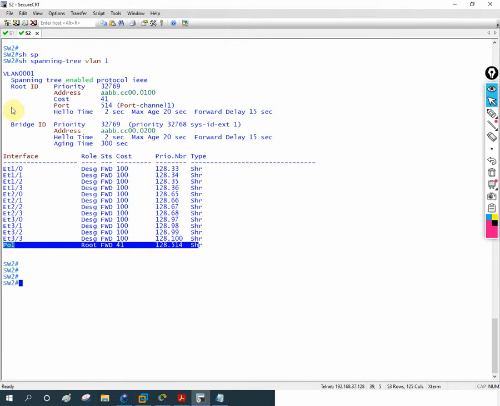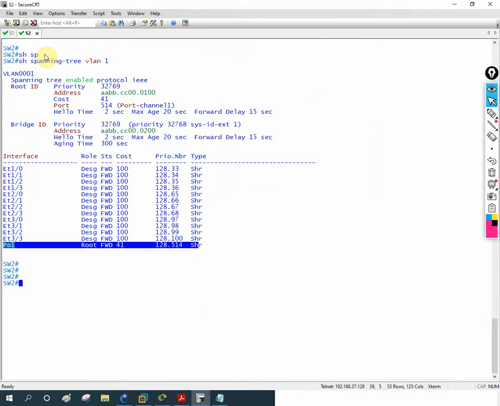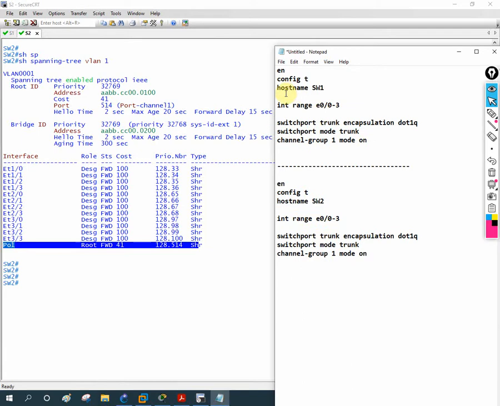Okay, so what we are saying, this is a method used to configure the EtherChannel by using the static method or manual method, and this is the configuration. See, same thing we are using. We are taking the interface and we are creating that one as a trunk by using these 2 commands. And with this one, what we are doing, we are making that mode the on mode. If you use PAgP or LACP, it will change. But here we are not using any protocol. We are putting only on mode. Remaining configuration is the same as we used before.